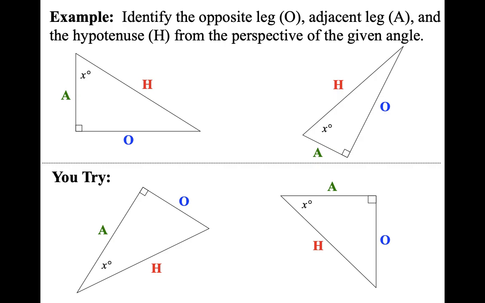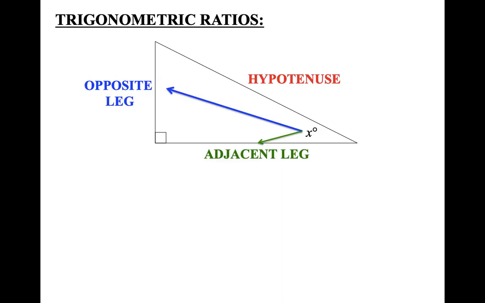So like I said, it's important to be able to identify the sides of a right triangle given a reference angle. And the reason is our ratios are made up of these side lengths and their proportions, their ratios, which is one of the reasons why we do similarity first, is because we've spent a lot of time looking at ratios and proportions. So the trigonometric ratios are really functions.